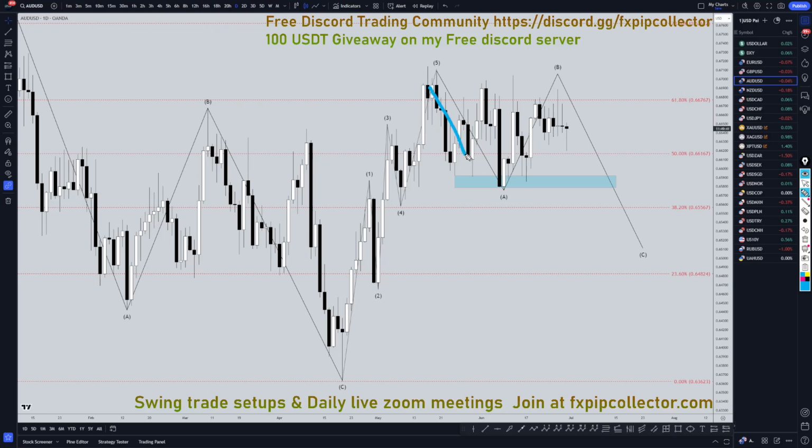Logically, I would think that it would break structure, three waves down, three waves up, maybe five waves down for a wave C and then continue the uptrend, make more of a proper 1, 2, and 3. But it definitely doesn't have to do that, and the trend is definitely up right now on the daily, and the trend is your friend. So definitely primarily looking for longs on shorter time frames.